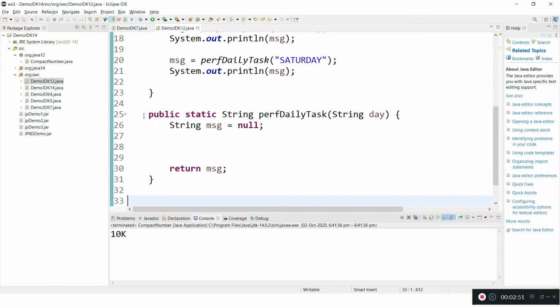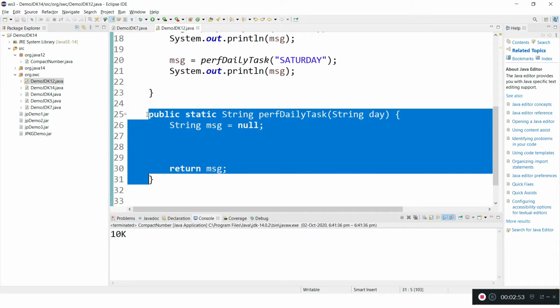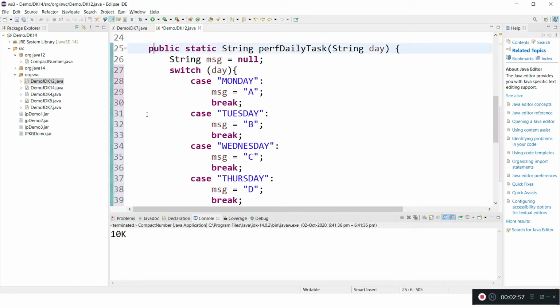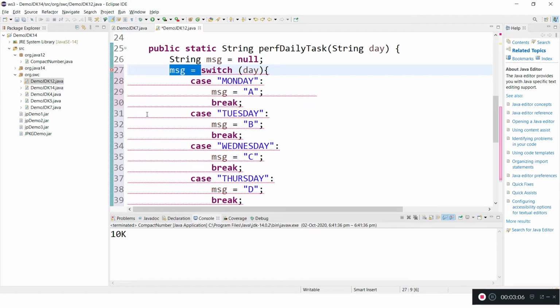Okay, let me replace this one. As we discussed, the switch or these cases can return a value. So let me capture this value. This is how a switch can return a value, and each case now we are referring to as a switch expression. The expression notation is something like this.